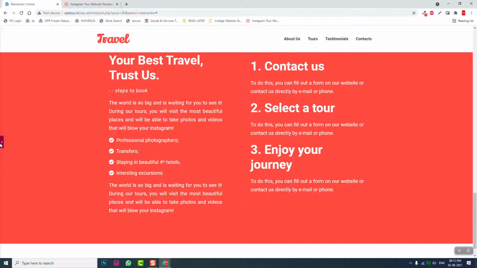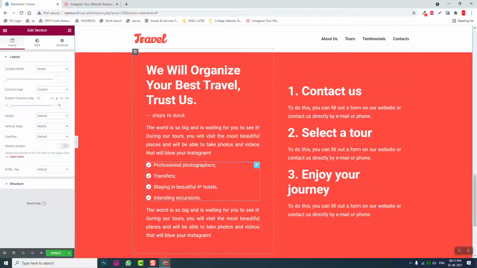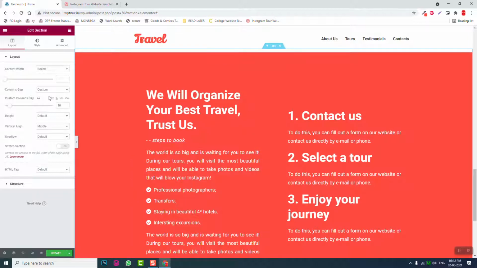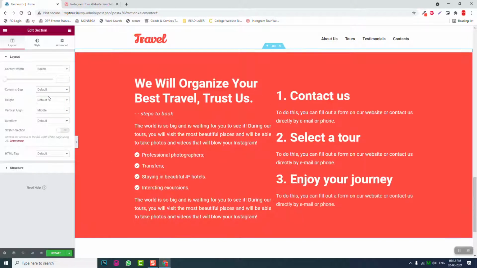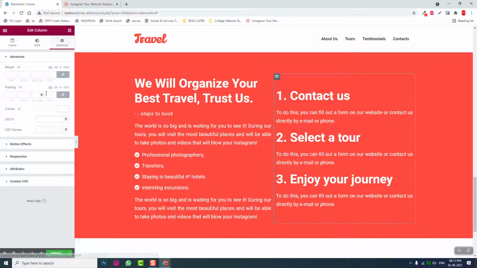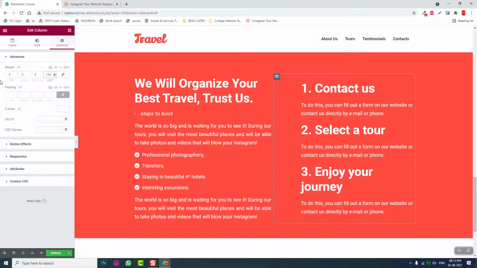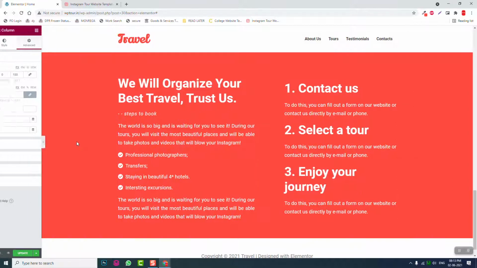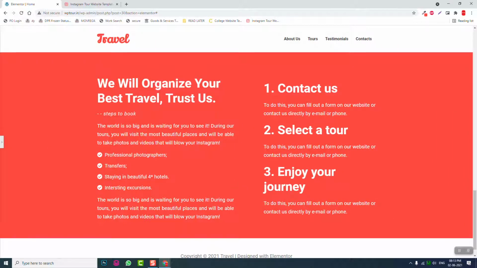Or this is the simple way, or leave this to default, and you can just go to this column setting, advanced, and add margin here to the left, about 100, something like this. There is this gap,